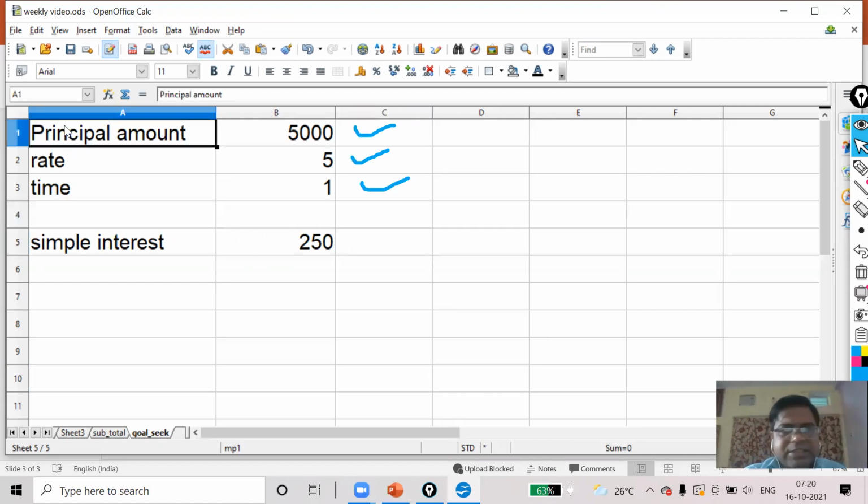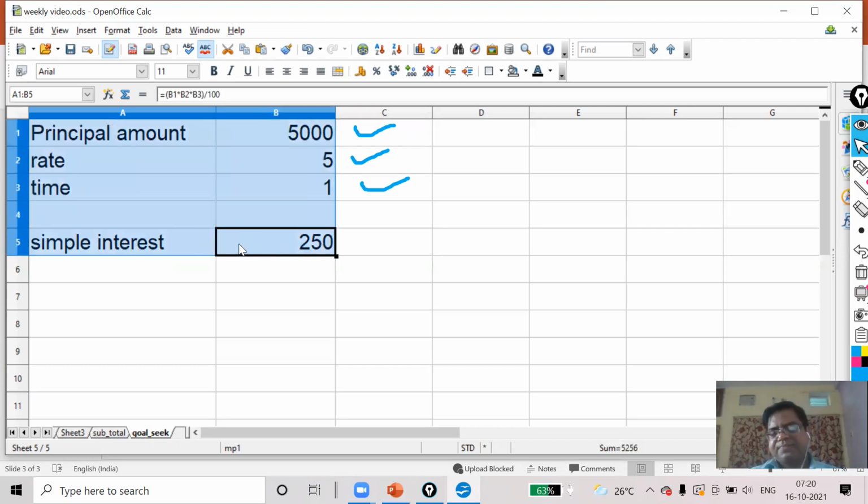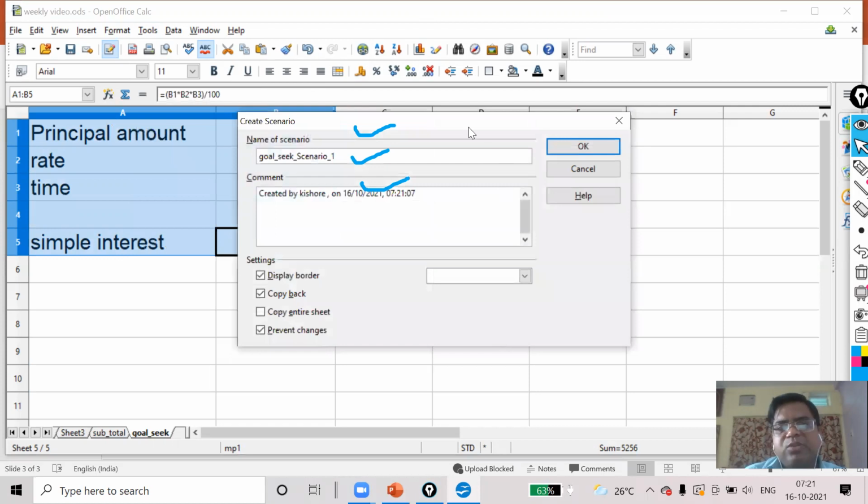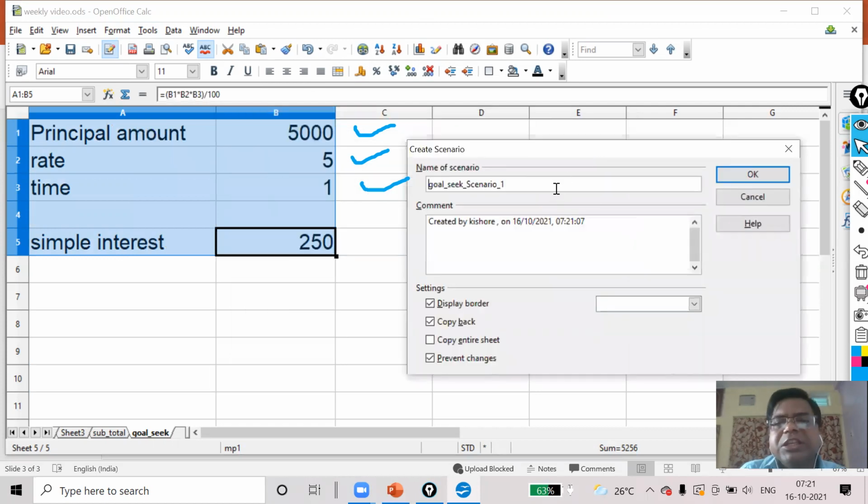For doing this, first of all, you will select your cells. Without selection also you can do it. After that, you will go to tools. Now you will click on scenario. This is my first scenario, so I will write here FIRST.